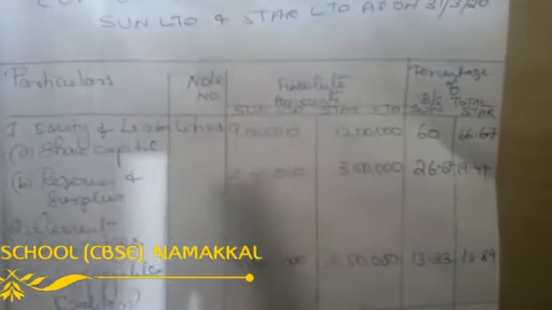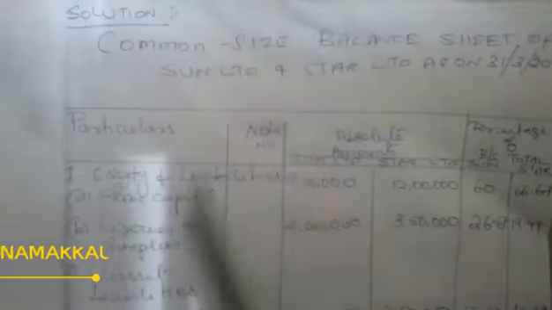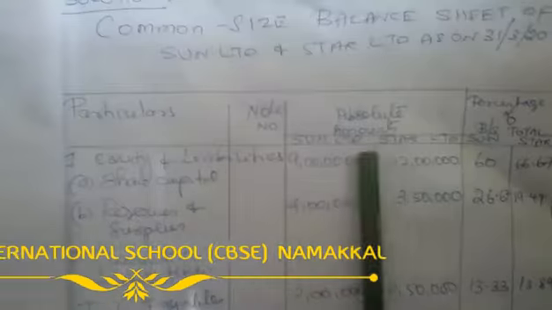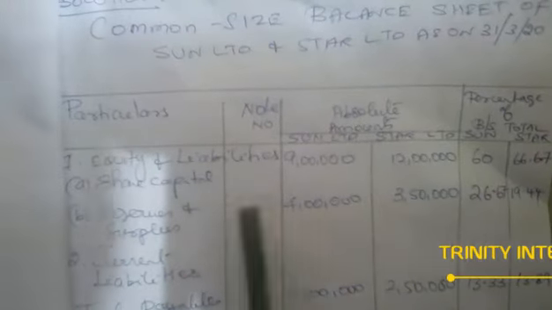Okay, so what is my request? You have to use your pencil, pen and scale, whatever, make lines like this. Okay, the full problem we have done here. See here, this presentation is very, very important. Presentation is very, very important. See, you have to use pencil. And one more thing, here also you have to write the note number. In the same manner, the format is very, very important. Okay, our balance sheet, the format they strictly want you to follow. You have to follow the format.